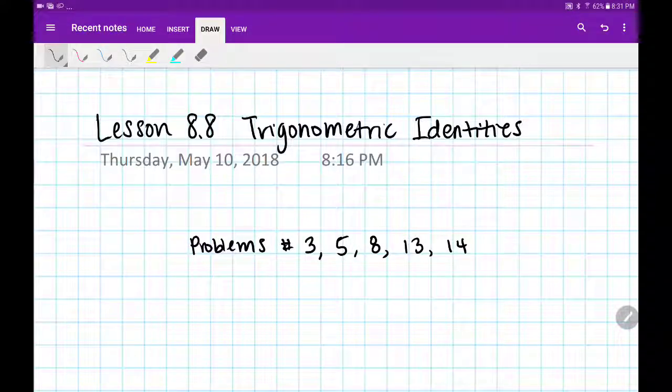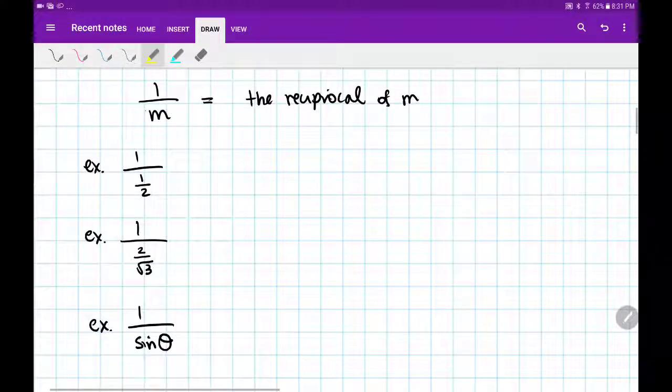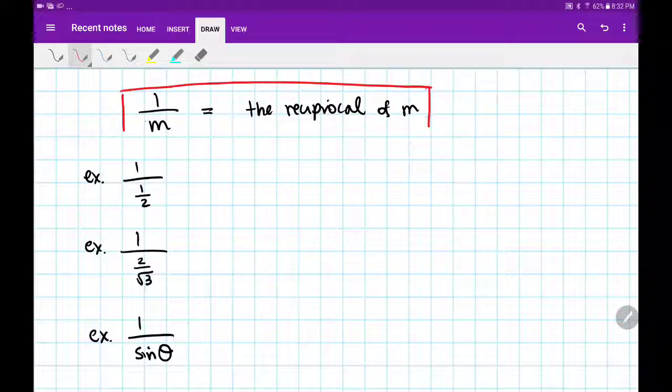Today we'll be doing Trig Identities, lesson 8.8, and we'll do these problems. So, before we jump into the lesson, there's something really important we got to talk about first, and it's this idea of the reciprocal. Right here in red is a key mathematical notion. The idea that when you see the number 1 over anything, I'm going to call it monkey, okay? If I have 1 over something, well, that really just means it's the reciprocal of monkey, whatever that thing is